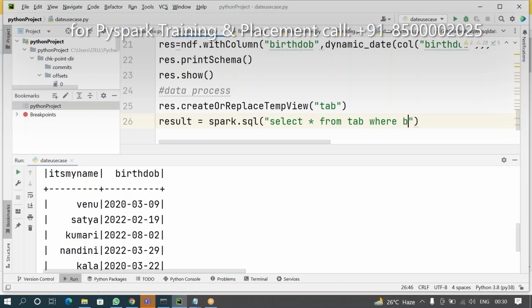where birth DOP is greater than 2000-01, like this.